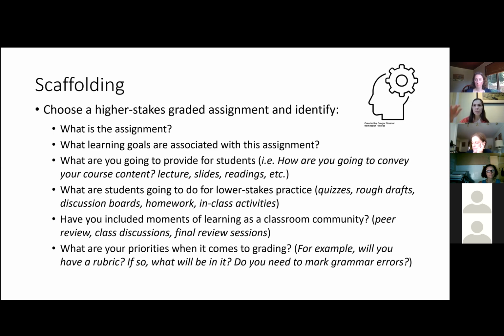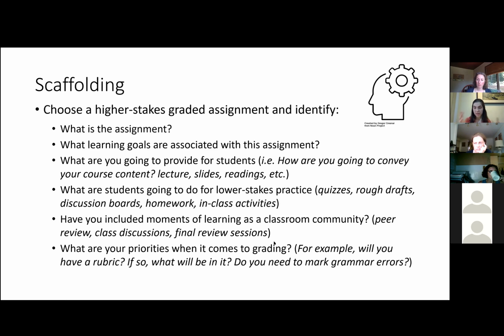And if you look back to the document, Allison, are you able to drop the document in the chat one more time, while I'm talking here? So this is in the document as the Word doc that's about to be dropped into the chat